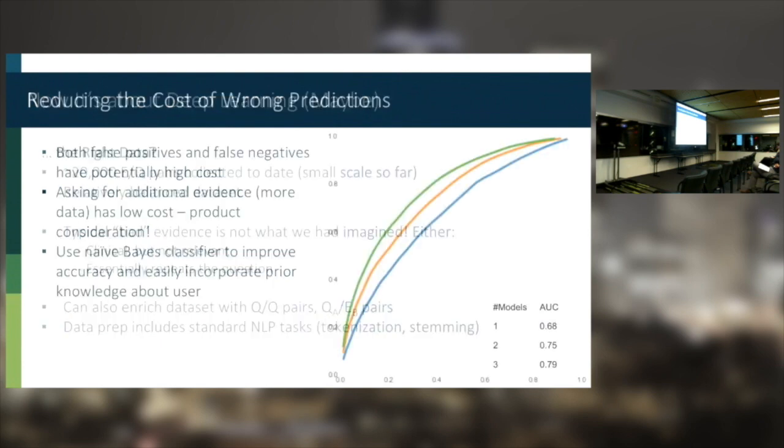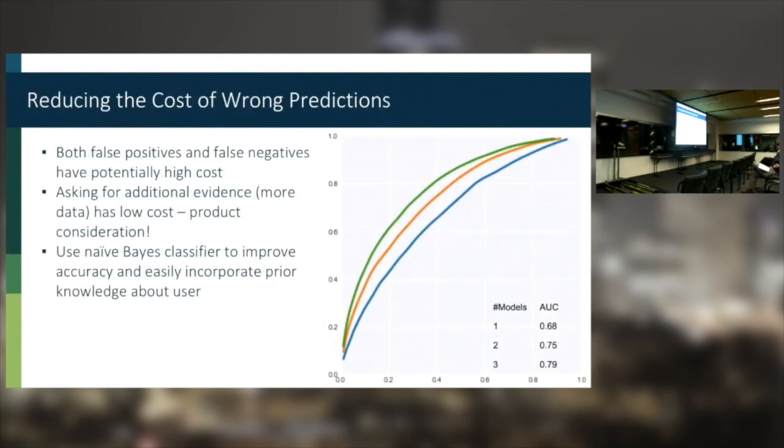Before we dive into the architectures, again, if we take a step back and think about the problem that we're trying to solve from the product perspective, what am I doing here? I'm asking the user to provide some evidence. And initially, especially when I'm training on 20,000 samples, my model is likely to not be very good. Maybe something like the blue line here. This is a dummy model, not really trained on anything, with an AUC not so great of 0.68.